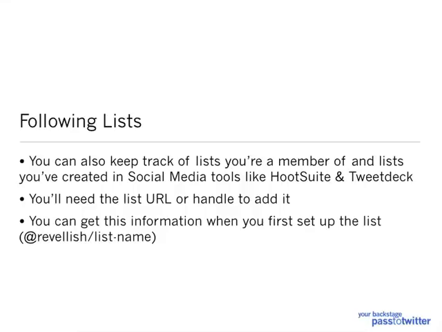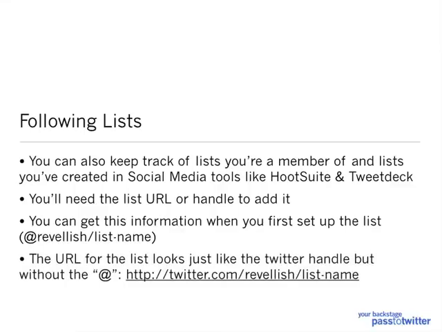So for example, my Twitter handle is @Revelish. And so if I named my list name, then the handle would look like @Revelish/list-name. Therefore, the URL for the list looks just like that Twitter handle, but without the @ symbol. So you add the whole website shebang in front of it, http://twitter.com/Revelish, that's your username or your handle,